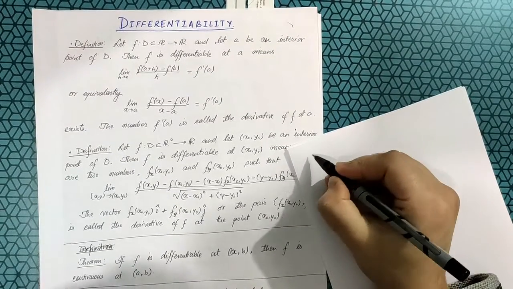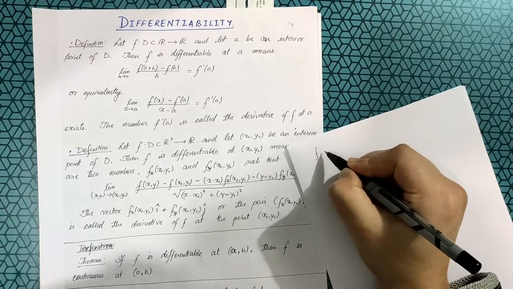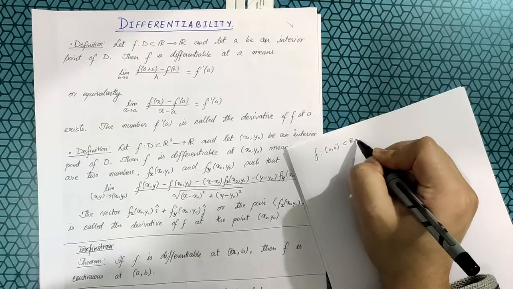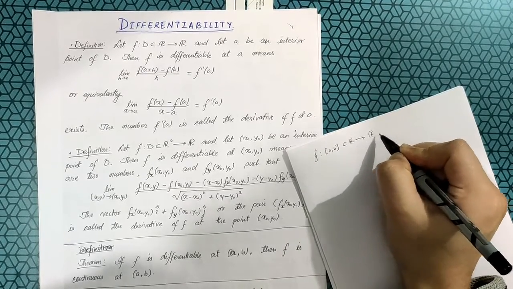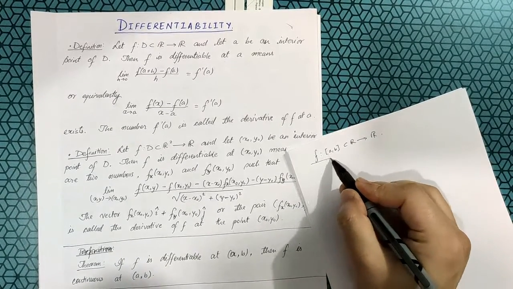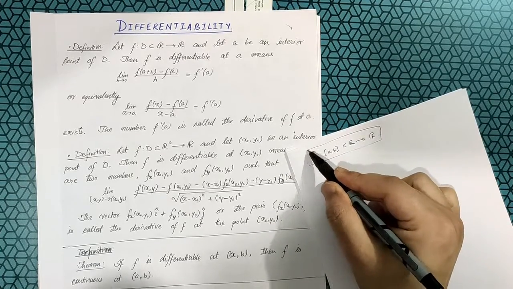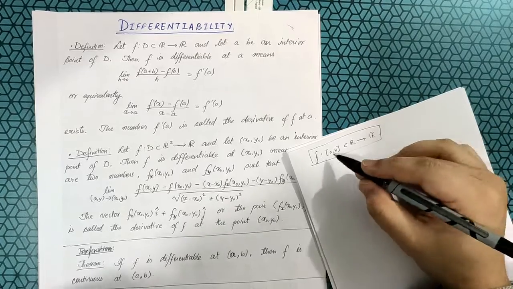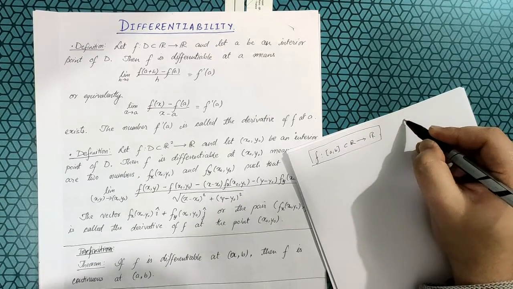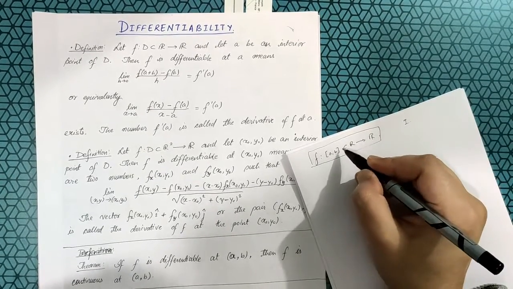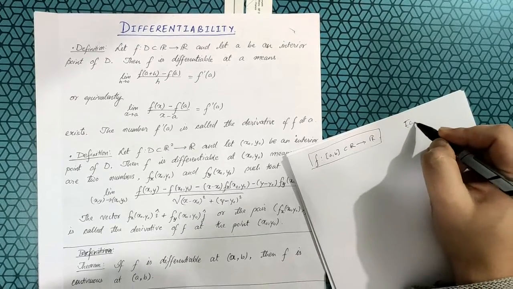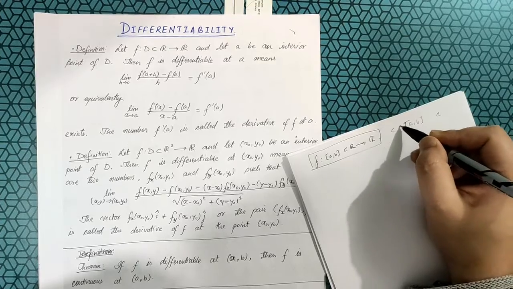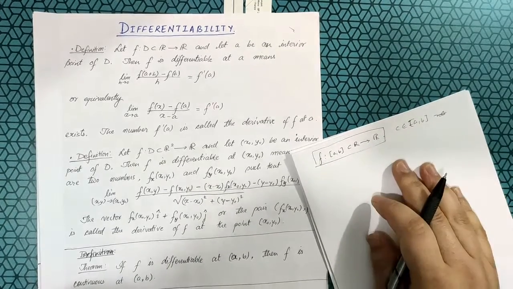So in one variable, what we had was an interval AB, which was a subset of R, and we have a function f from I to R in this way. We take any interior point of this interval I. If this is interval AB, if we take any interior point, let us say C belonging to AB, then we